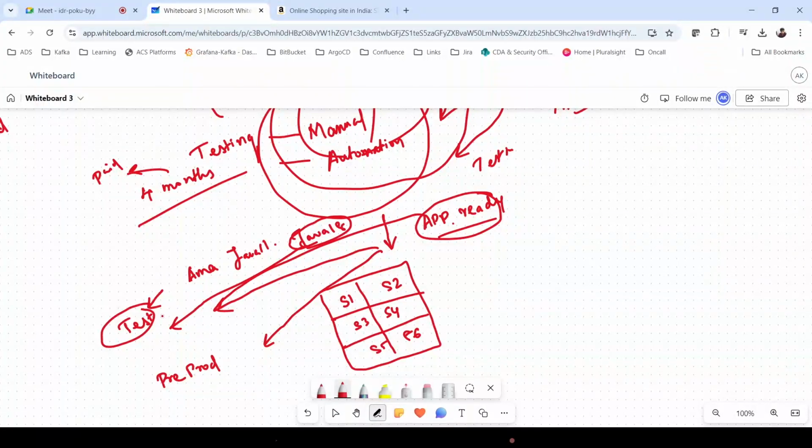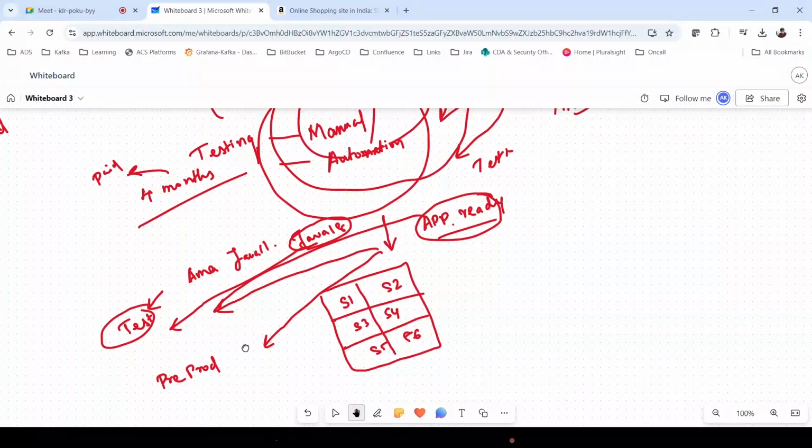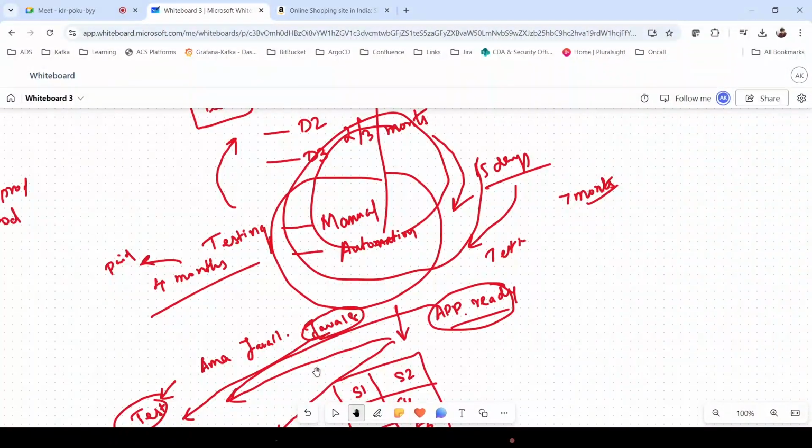Even if they deploy, they may face a few issues. It may not run properly, or it may crash, or something might happen. So again the scenario comes back to the beginning. Again these guys will reach out to the dev team.